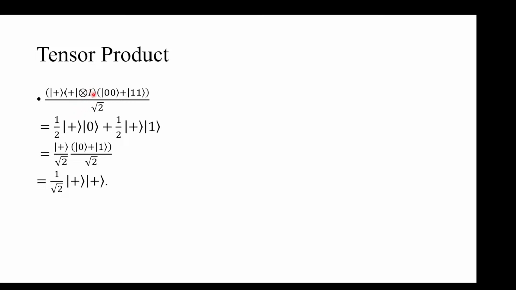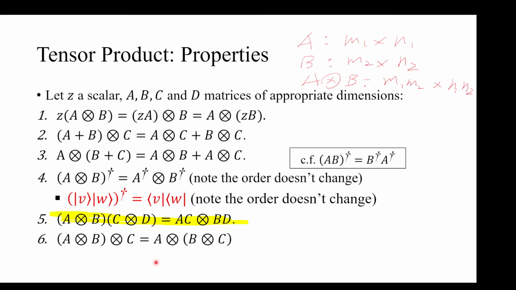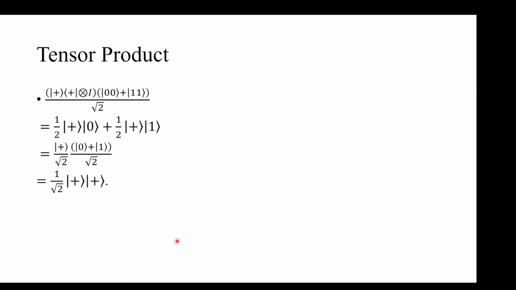By the distributive law, this is the plus projector tensor identity acting on 00, plus the plus projector tensor identity acting on 11. First, the plus projector tensor identity acting on 00: